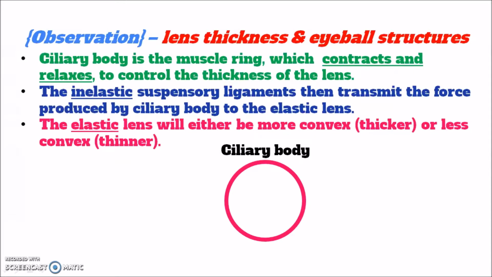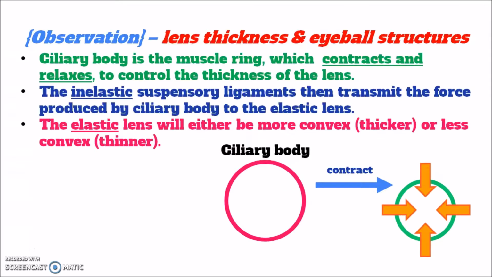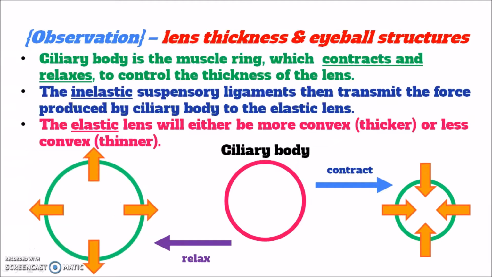And just like the pupil reflex in the previous video, the first step is to consider the state of the muscle ring, which is the ciliary body. You can see the normal ciliary muscle. When the ciliary body contracts, the circumference will become smaller. And when the ciliary body relaxes, the circumference becomes bigger. Meanwhile, force is produced and transmitted to the lens by the suspensory ligaments to control the thickness of